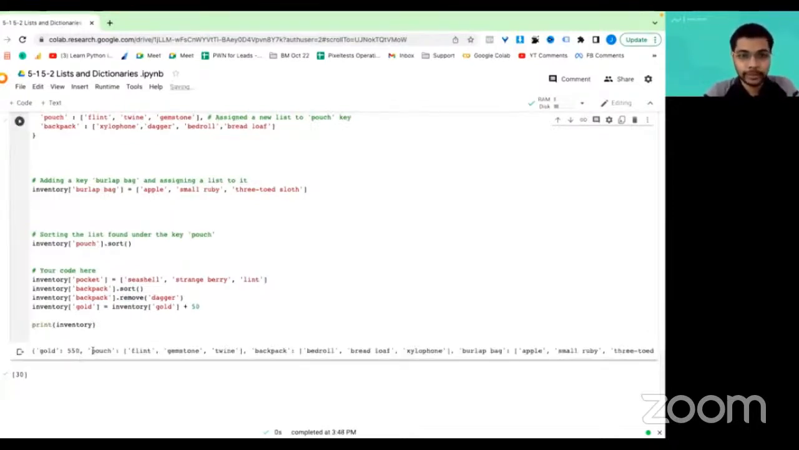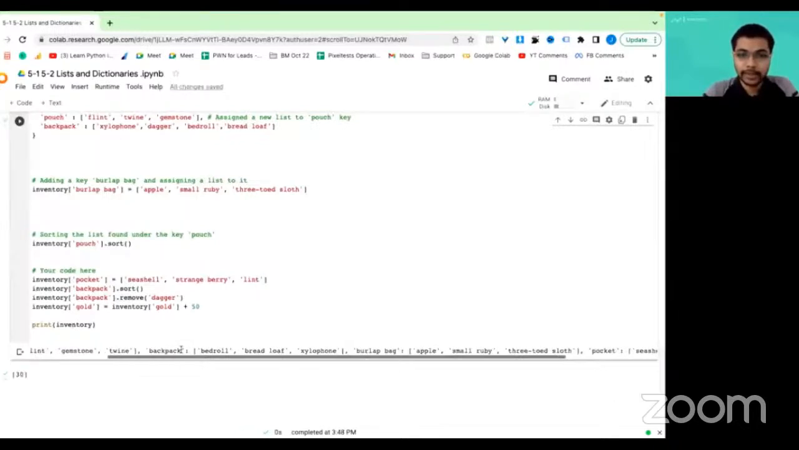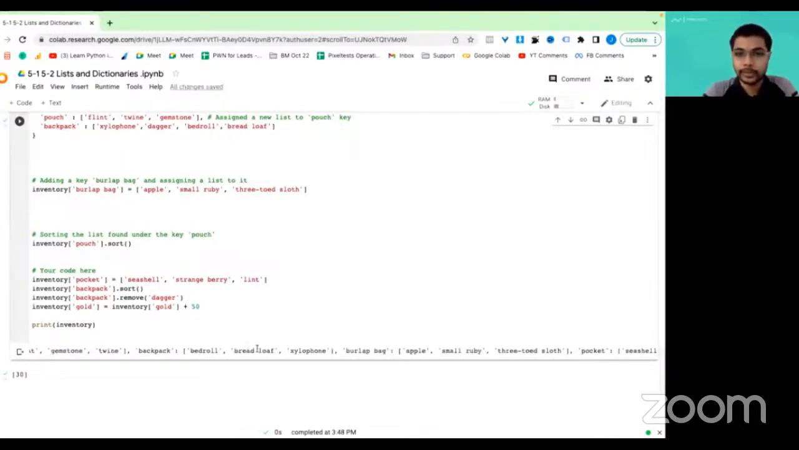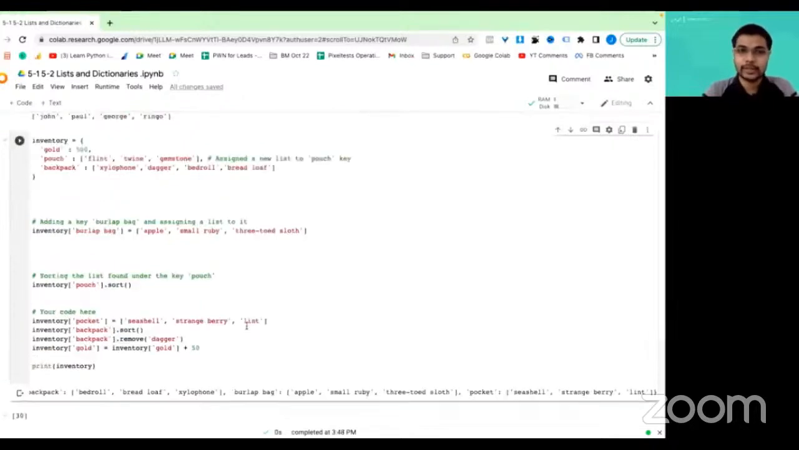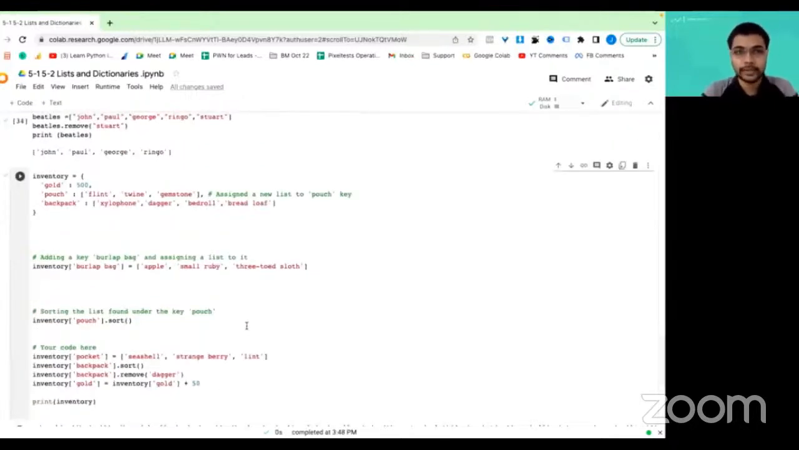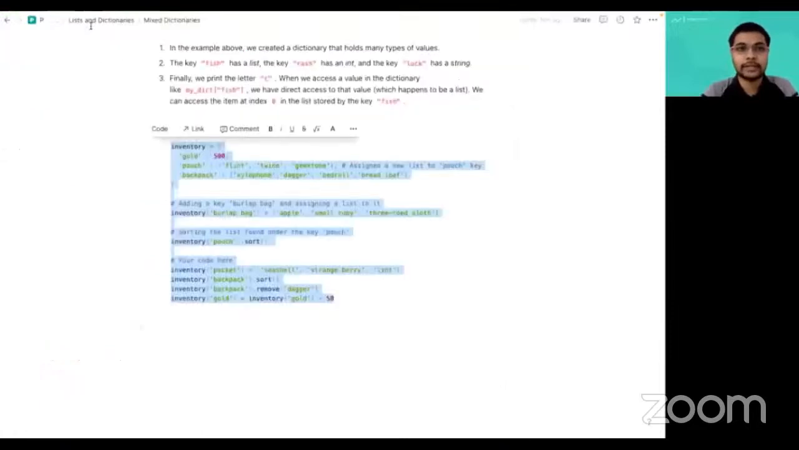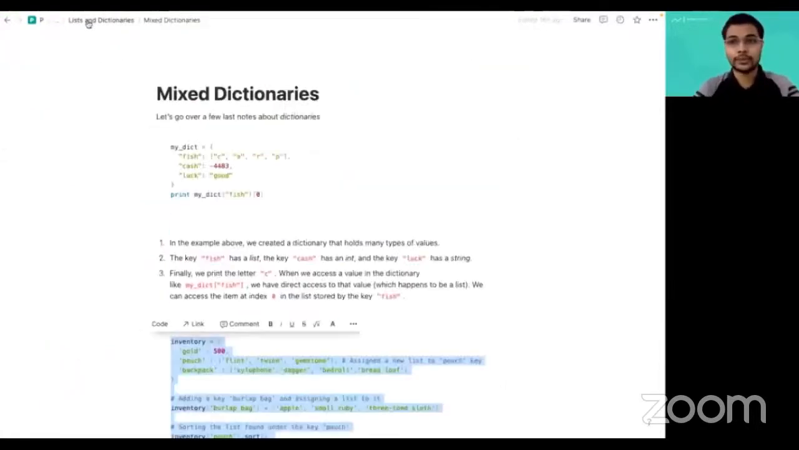Now gold became 550, and it is sorted. Backpack is now sorted. Bedroll, bread loaf, xylophone, burlap bag is as it is. Now pocket, in the pocket there's a new addition. Pocket also got added here, right? So now dictionaries, though they can have exhaustive items in them, are very useful when we are working with